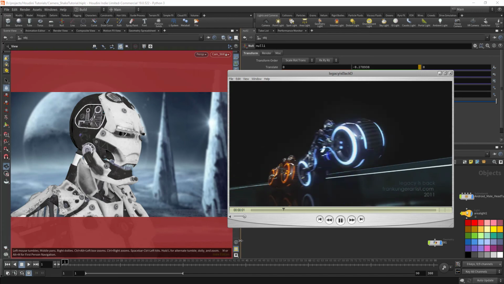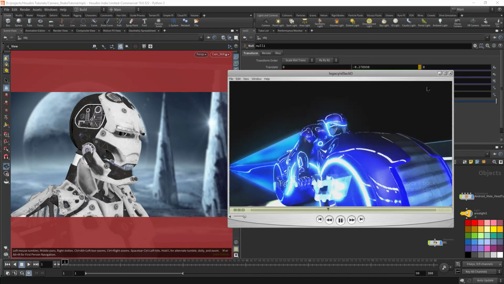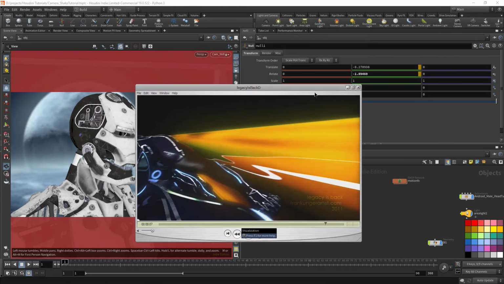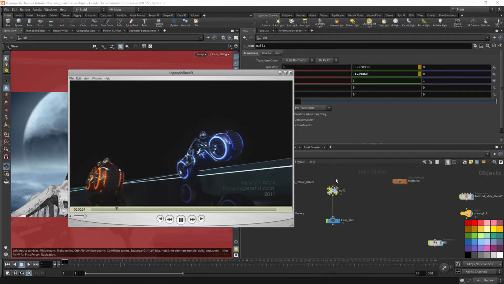So thanks again, and I hope this has helped you a lot. Feel free to add noise to other stuff, obviously, to focal length, and go into your camera settings